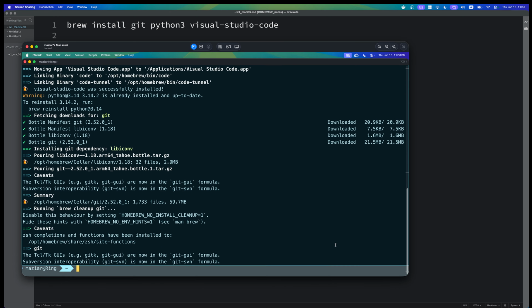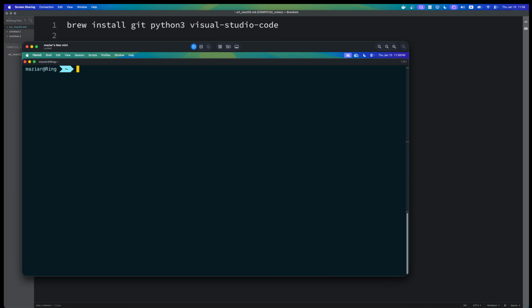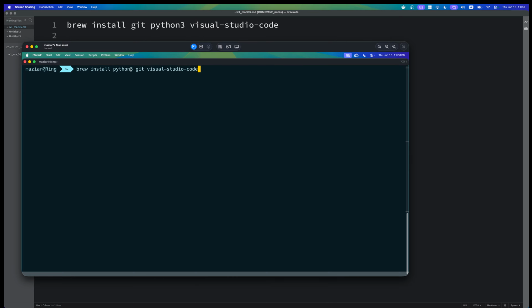We don't need to go through any headache of going to a website and downloading the installer. Just running this command is enough. The only important difference between Windows and Mac is that you need to specify python3 without any